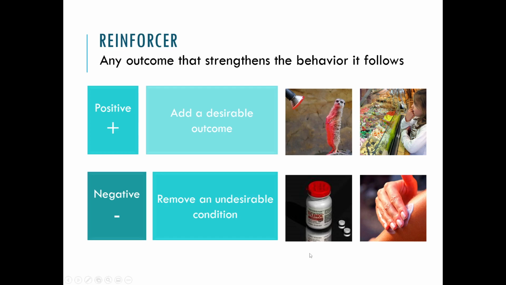All right. Now that I've explained that to you, hopefully it has corrected something that a lot of people have wrong about the terms positive reinforcement and negative reinforcement. A lot of people use the word negative reinforcement when what they really mean is punishment. Punishment is a different thing, and we're going to talk about that in a second. Negative reinforcement is a reinforcer. It's something that the learner actually wants to have happen. They want that undesirable condition to go away.